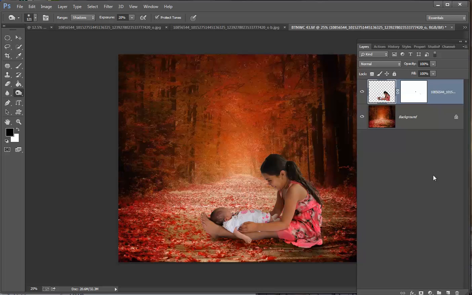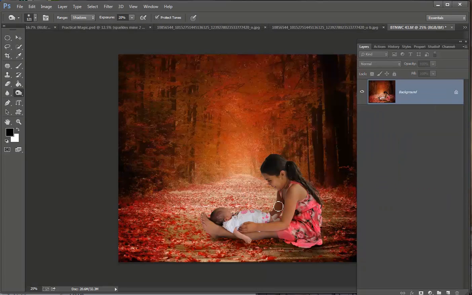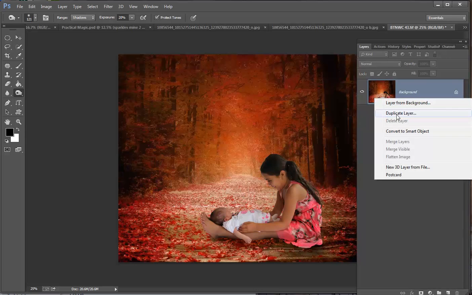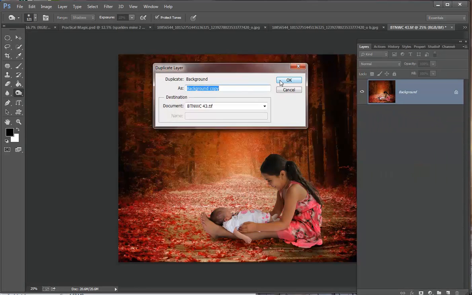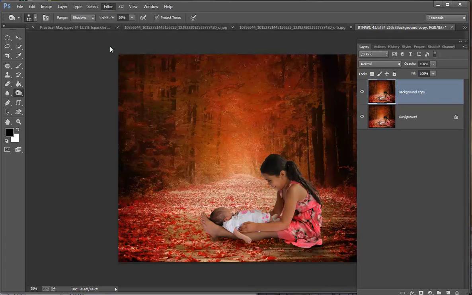Okay, now we can take this into Camera Raw. We can flatten this, and I just want to brighten up her face a little bit, right in through here, just add a little brightness. So what I usually do is duplicate the layer, filter, Camera Raw filter,